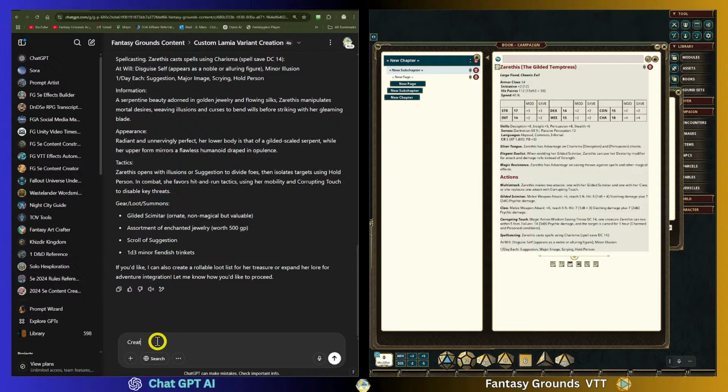So I'm going to say create a detailed, high definition fantasy illustration of a Lamia creature based on the